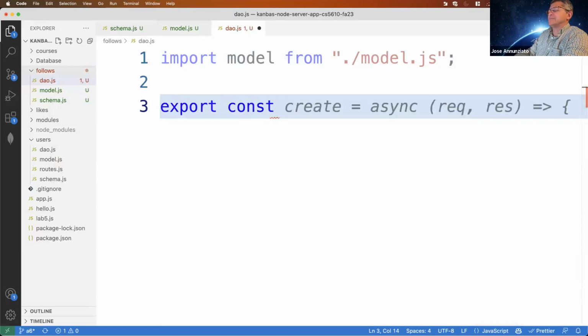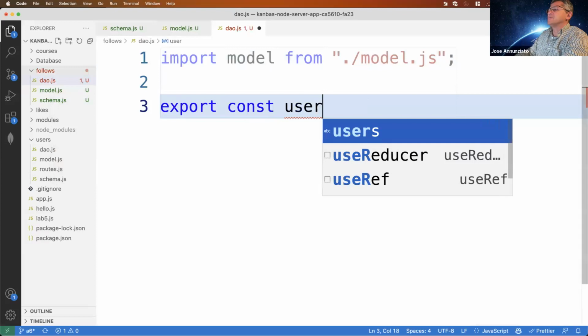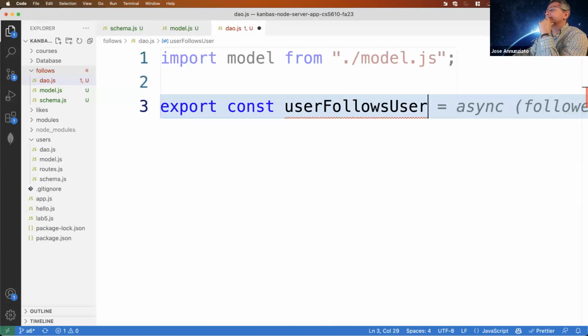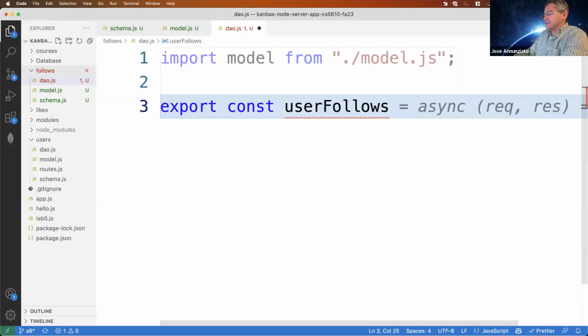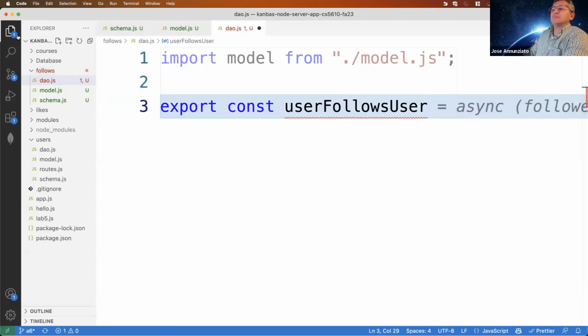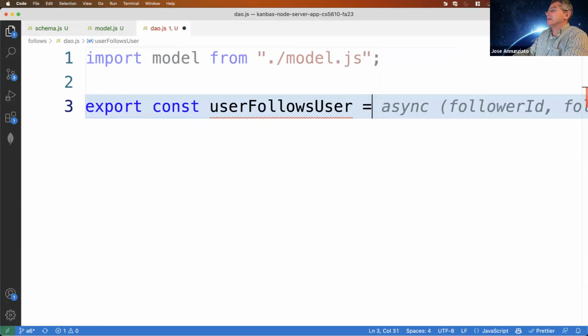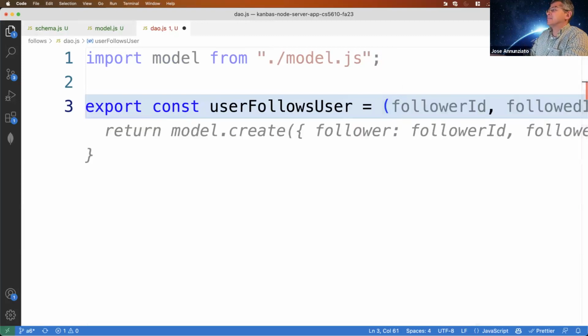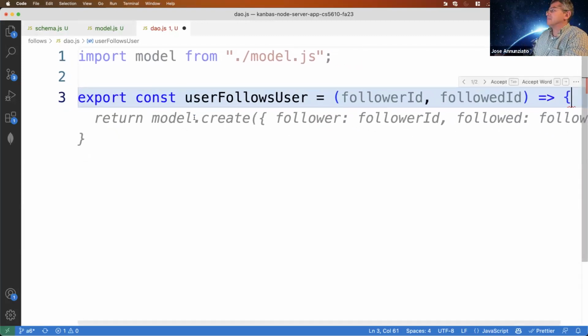We want to say that user follows user, right? So a user follows another user, right? So that's going to do an insert. I'm going to provide the IDs of both, right? The person who's doing the following, the follower, and the followed, right? And I'm going to implement that based on the model.